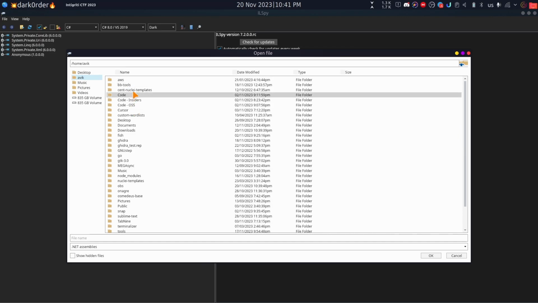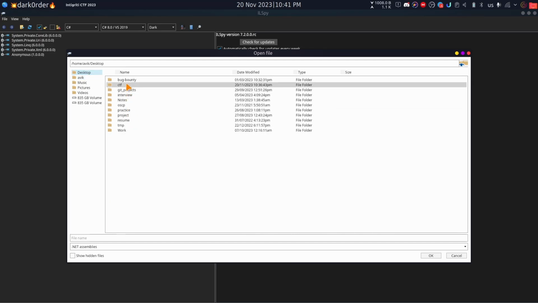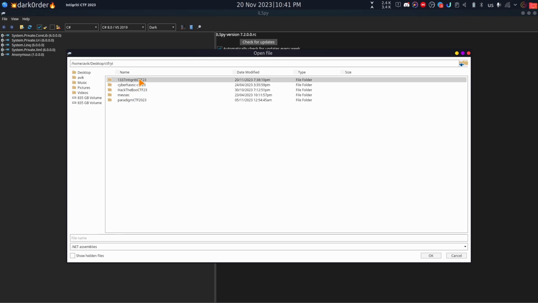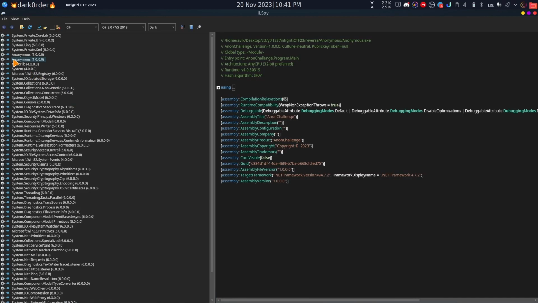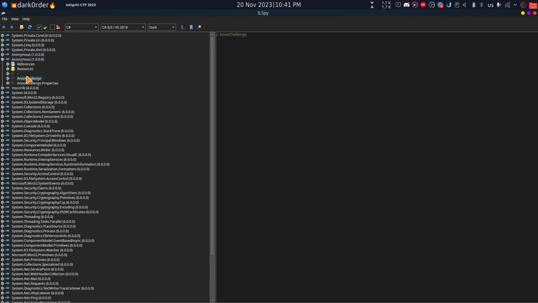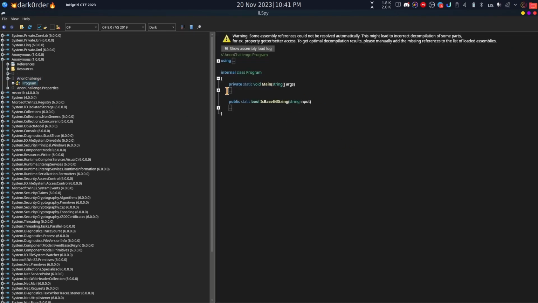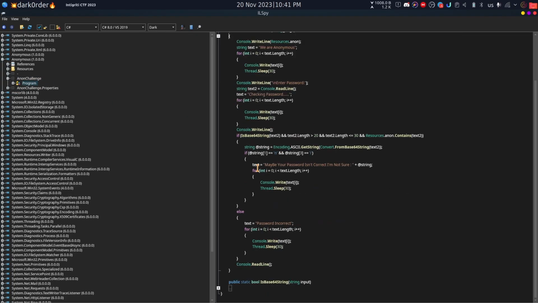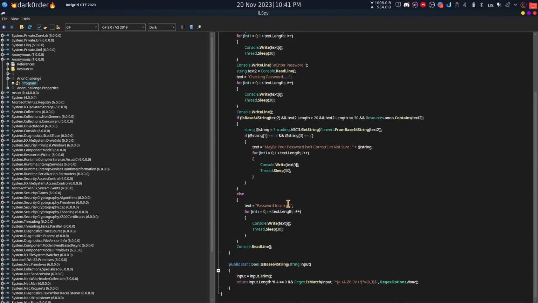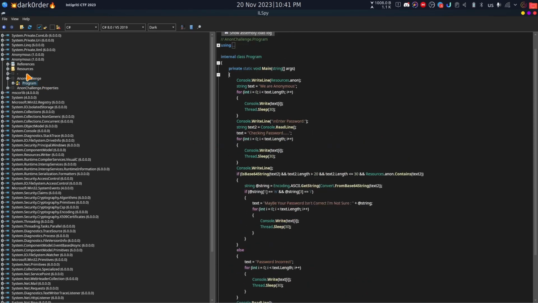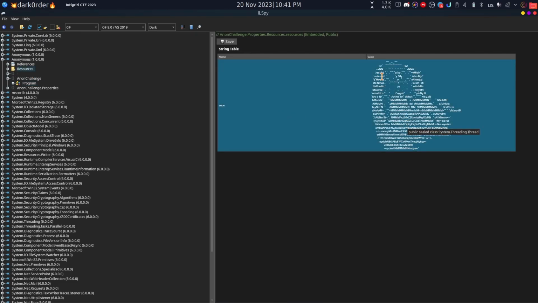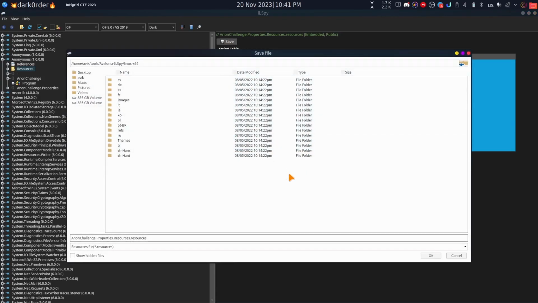I think it's in... yep, that's it. So this is the binary we have, and we can see this is the main program. You can read through the program, what it's doing and everything, but I will just show you the simple solution. If you go to the resource section, you can see there is a bunch of strings. You can just save it like this,